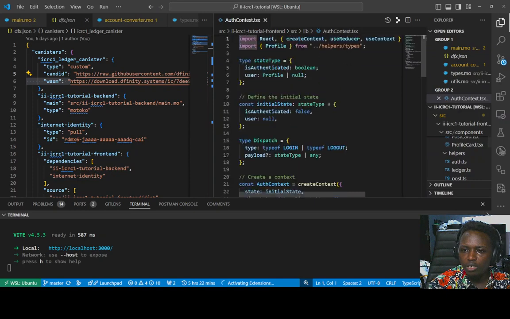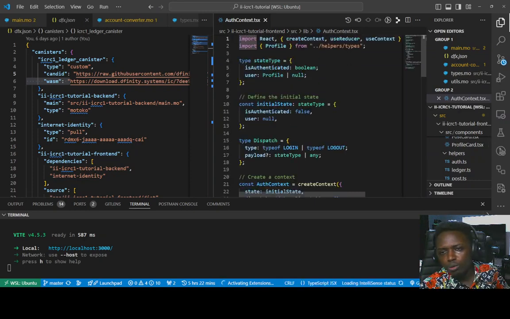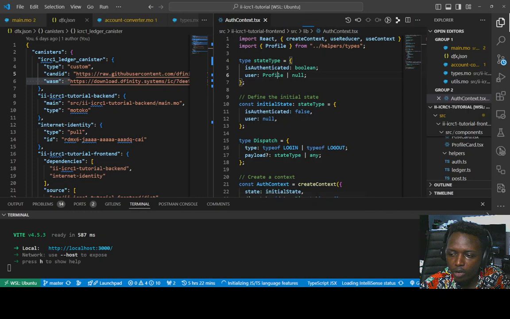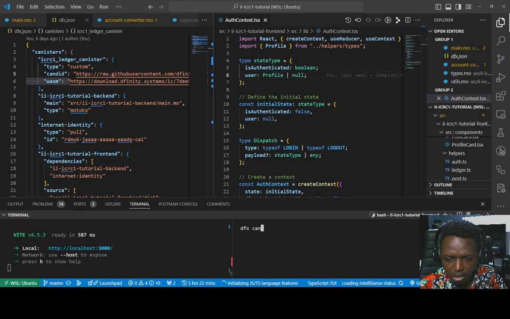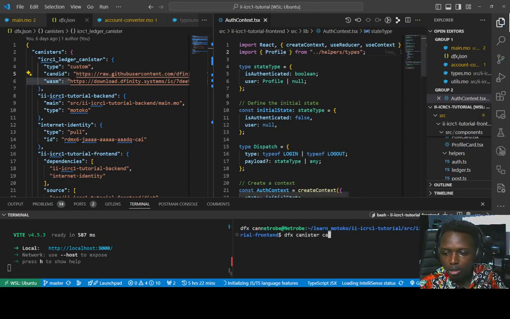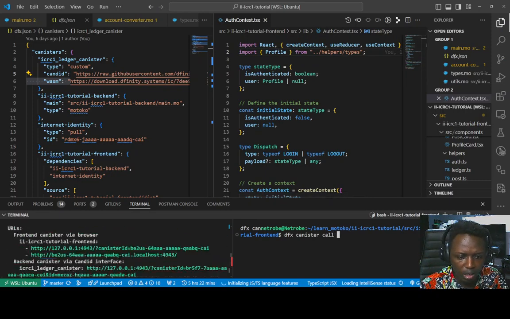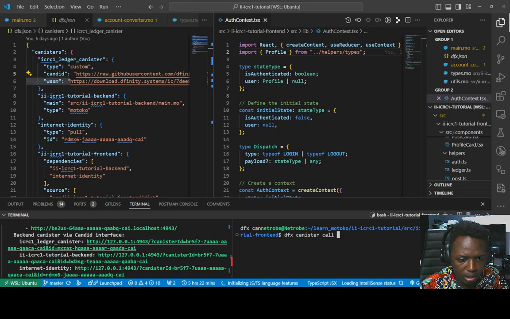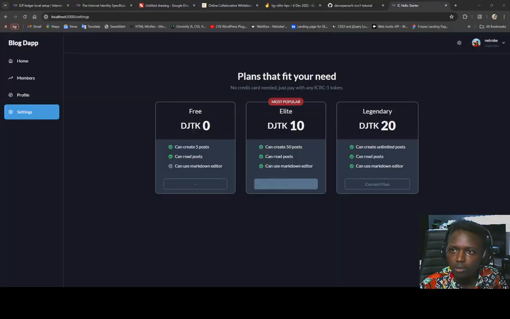After getting the user's principal, I'll be able to know the actual value, and then I can do this dfx canister call. I can call the canister itself. Actually, I think I deployed it right here. I don't want to use the CLI to do that. So I deployed it right here. I should be able to also call it from